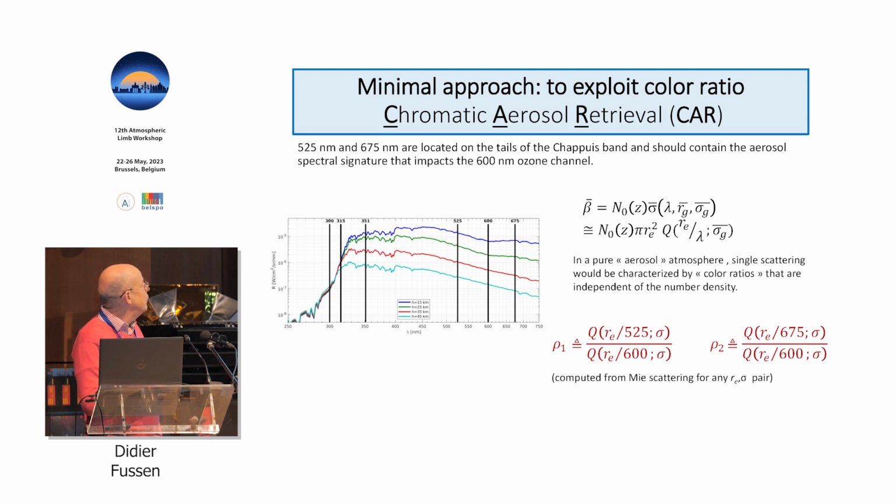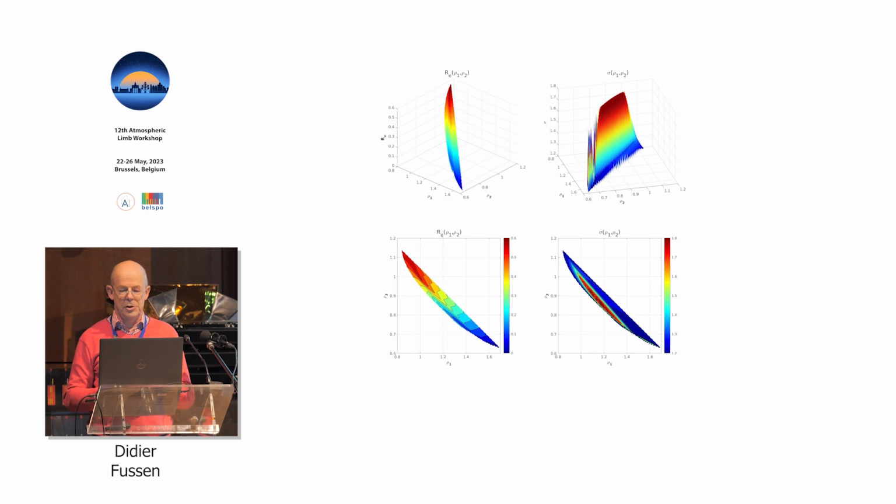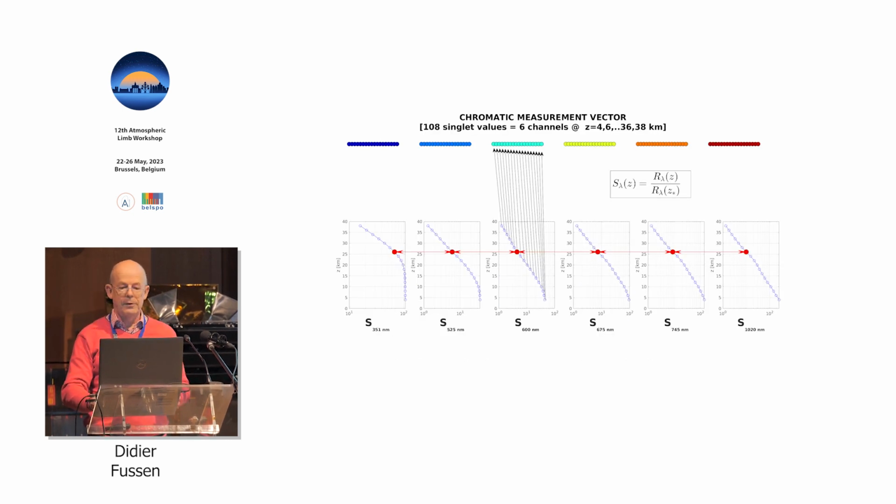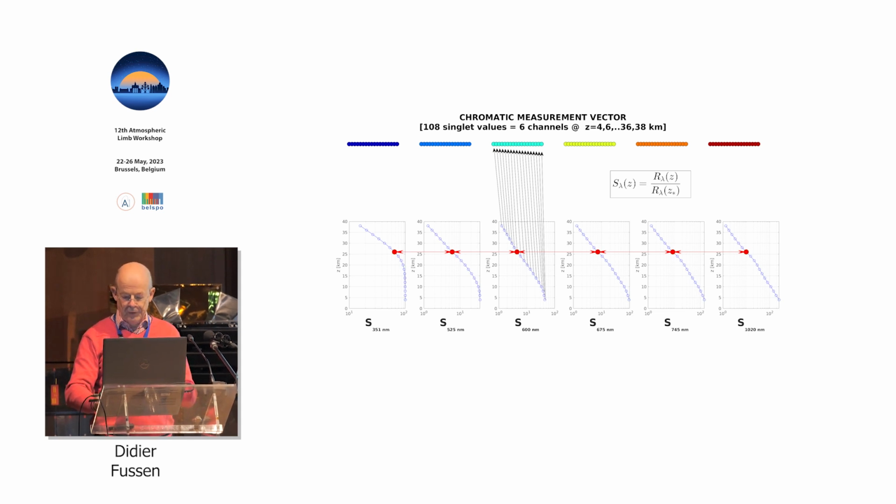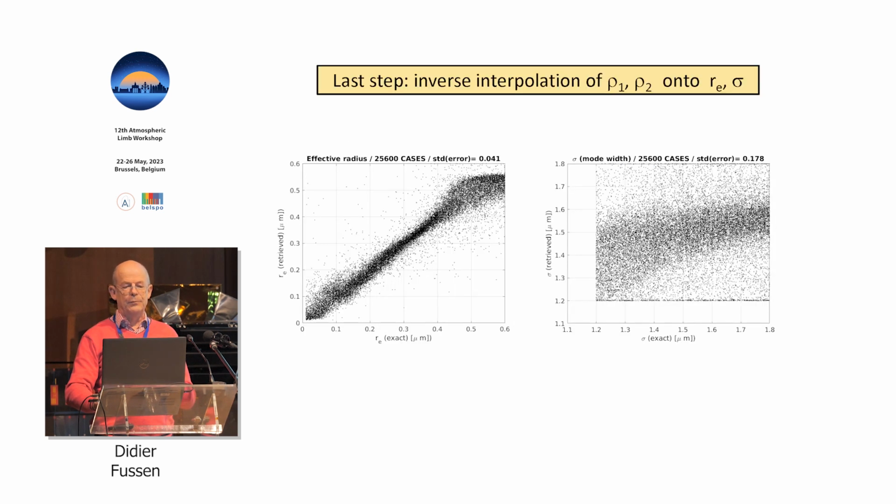So these two ratios, in single scattering at least, you factorize the number density and you have a pure chromatic or spectral information. So there is a relationship between the effective radius, the distribution width, and the two ratios. And then the first attempt was to use six radiance channels and to correlate them to the rho 1 and rho 2 and then to the effective radius and